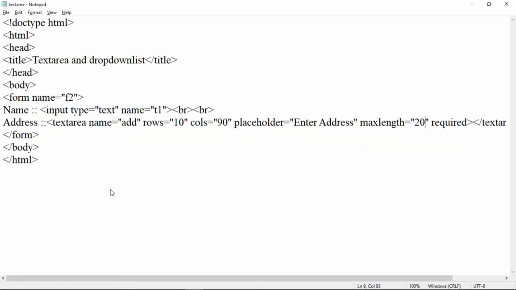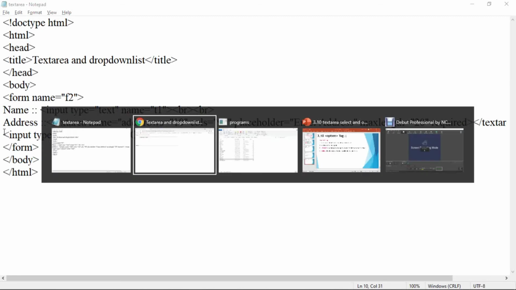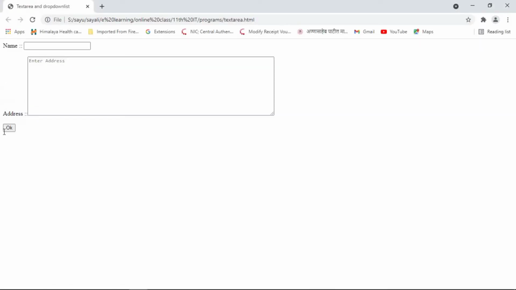See, if we add here a submit button. How to add a submit button? We will use the input tag. So input type is equal to submit. Value, we can add a label for that button. So let us add OK. Save this. This is a submit button that is used to transfer data to a server.